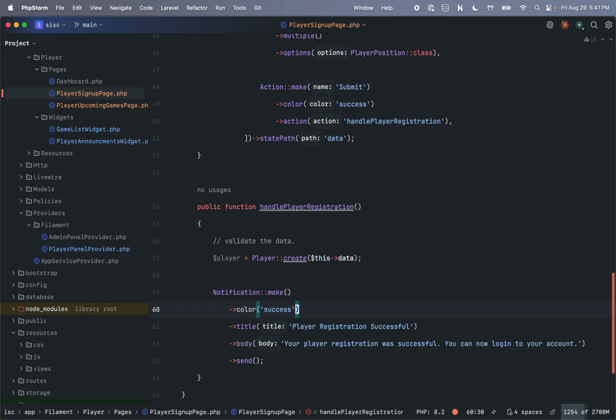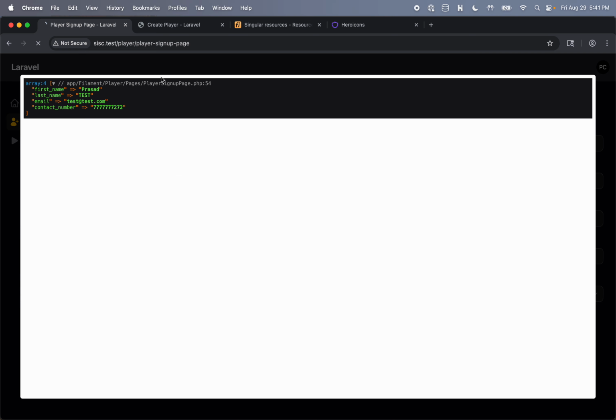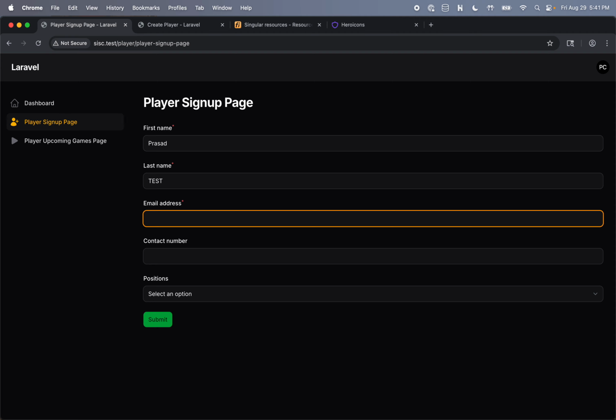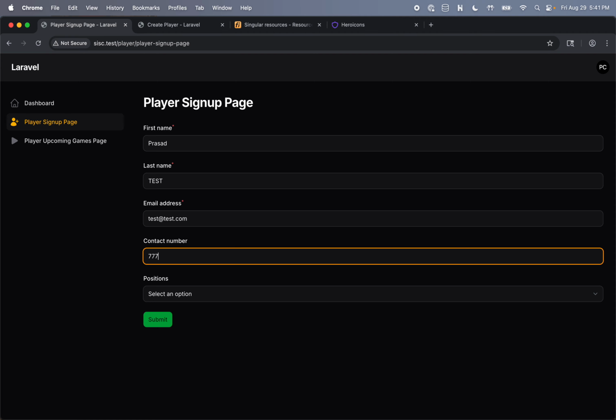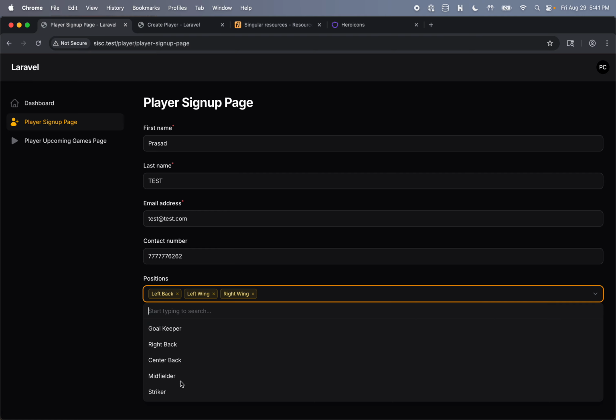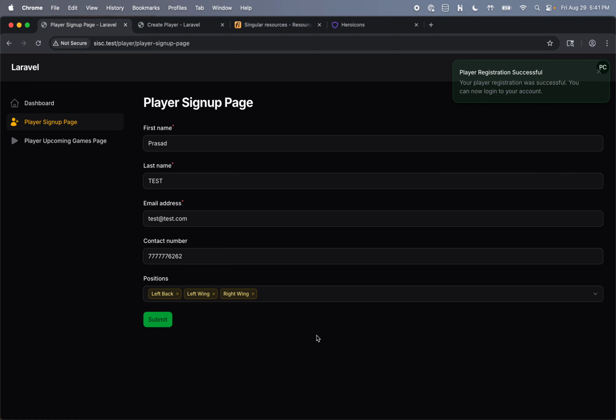Color is success. This is just for a test run. So now we need to kind of redirect them somewhere,